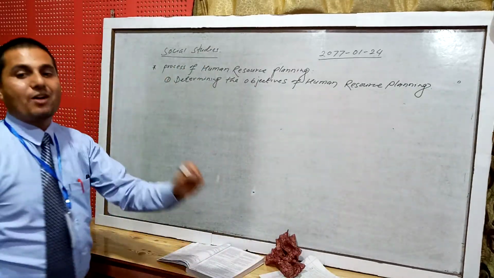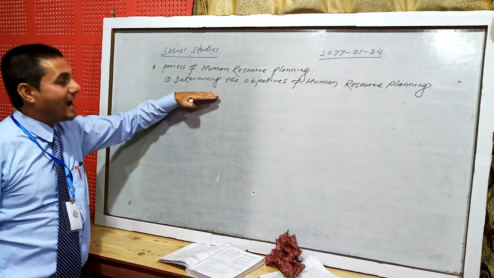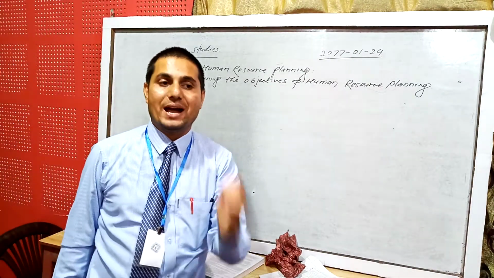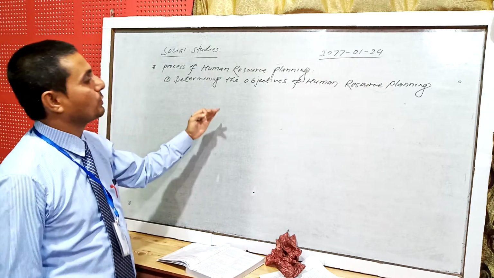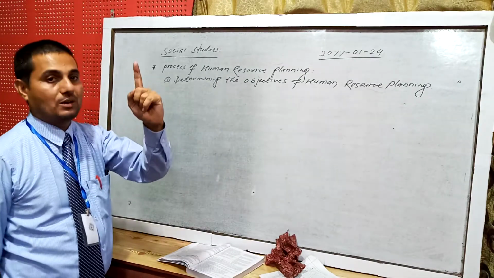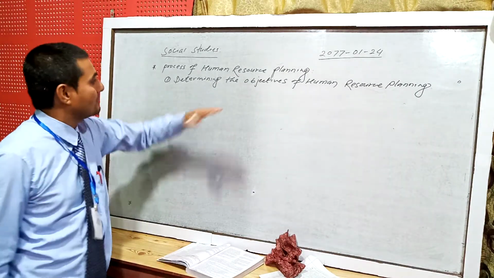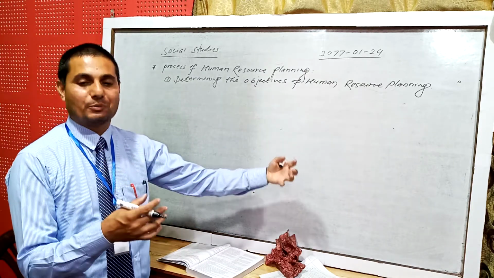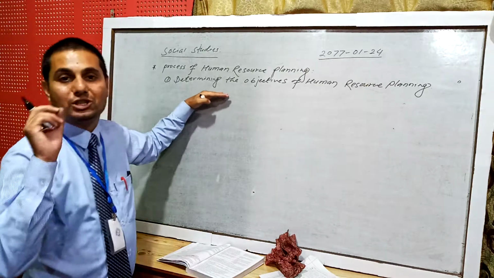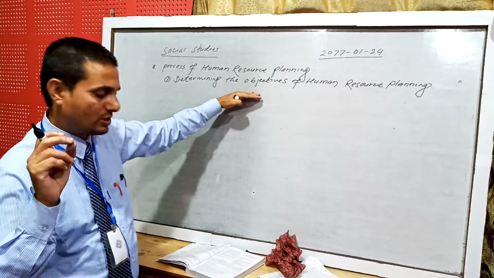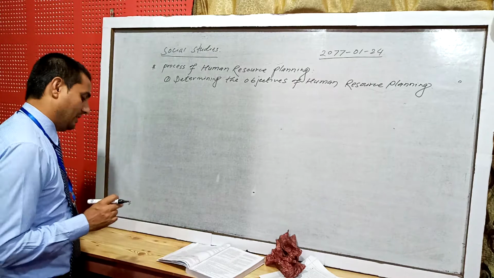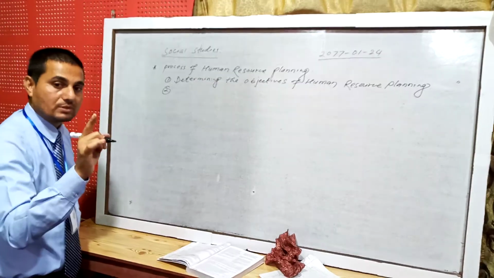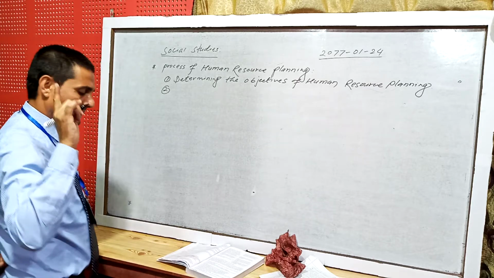Dear students, first we need to determine the objective of human resource planning. So determining the objective of human resource planning is the first process. Without determining the objective, how do we set the goal or run the program? So first we need to determine the objective of human resource planning. Similarly, after determining the objectives, the second step or second process is